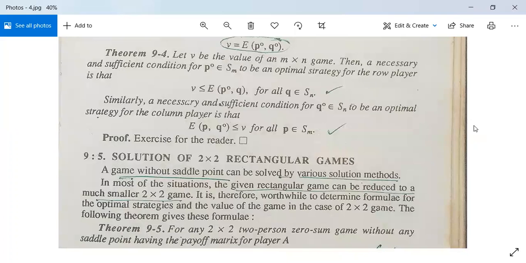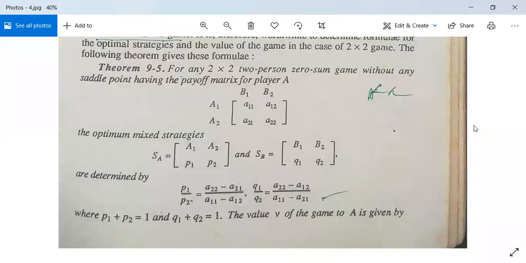अब देखो, ये हम लोग देख रहे हैं कि 2x2 रेक्टेंगुलर गेम है, तो उसका सोल्यूशन कैसे किया जाए। ठीक है, एक थ्योरम है, उसी थ्योरम का यूज करेंगे, उसमें एक फॉर्मूला डिराइव है, उस फॉर्मूले से हम लोग प्रॉब्लम सॉल्व करेंगे।